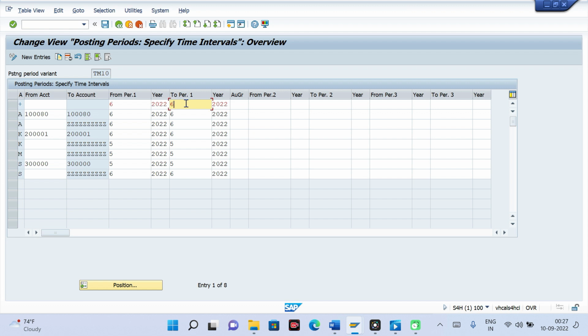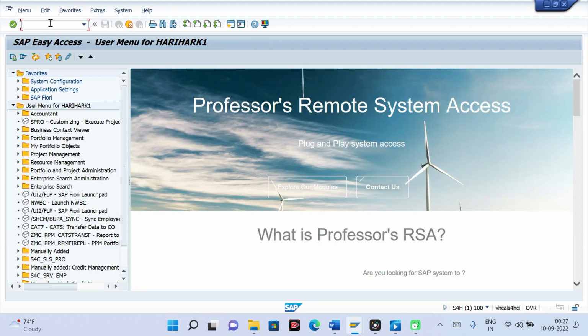Either you change it in the quality system, I mean the development system, and save it in the TR and move the proper period to the production system. Never ever open all the periods in the production system. For that you have to either correct it in the development system itself, and the same will be moved to the production system, or in the production system also you can open the right period. And if you use the program in order to open or close the period, it will not generate a TR.